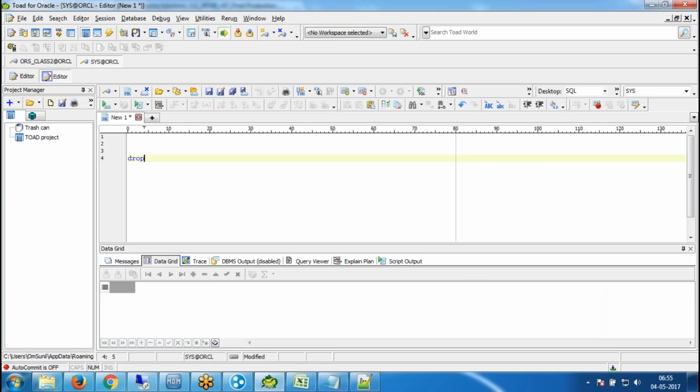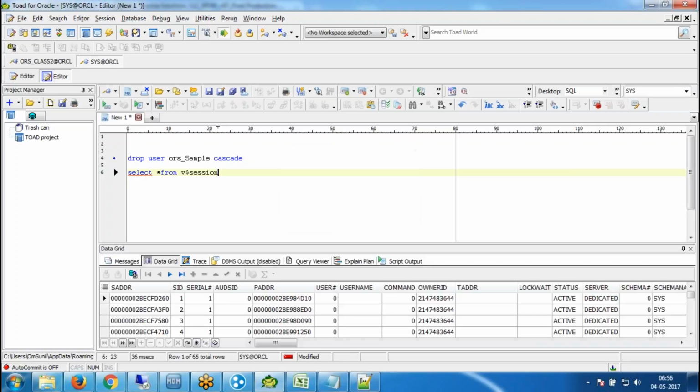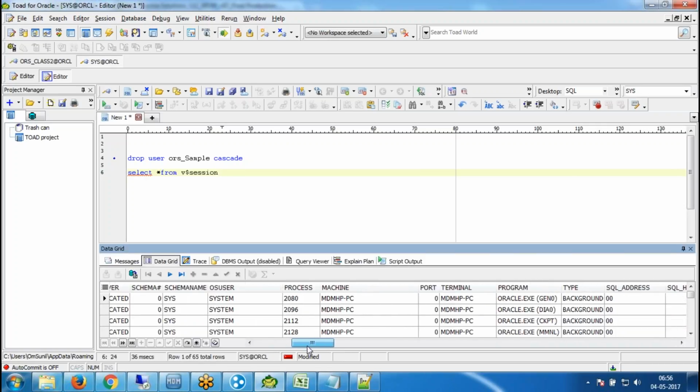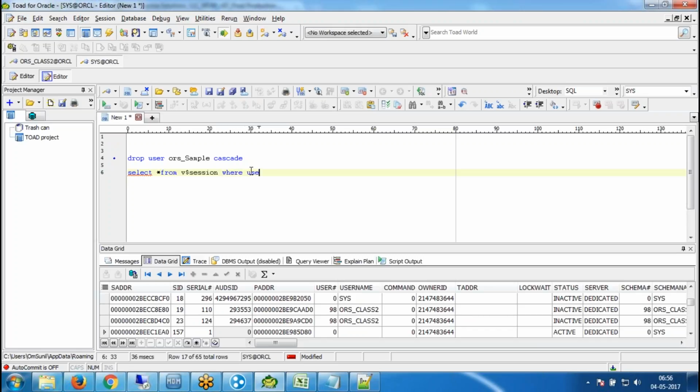Drop user ORS_SAMPLE cascade. Okay, it's connected, so you can't drop it. Select star from v$session where